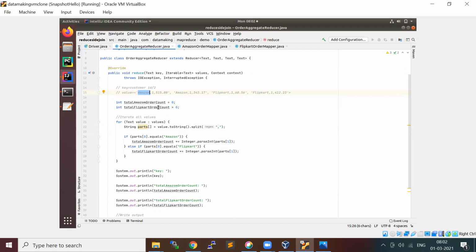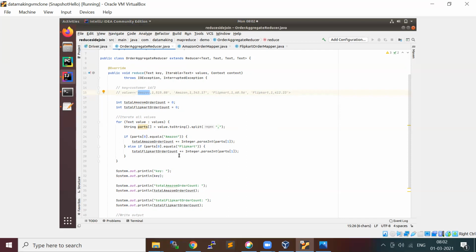So this is more of finding out the count of orders. Let's ignore this order mode. If you want to find out the total order mode, you just sum that up also. What I'm doing is, if Amazon is there, I increment this variable using the plus symbol to add that value.